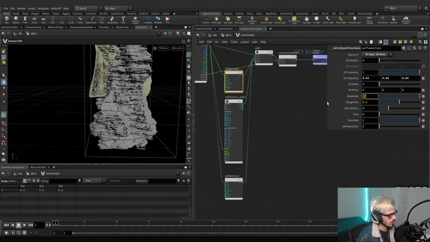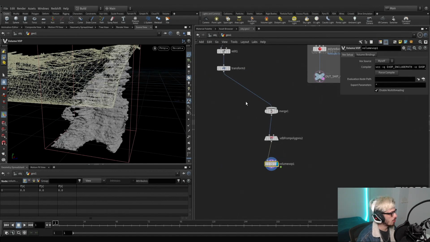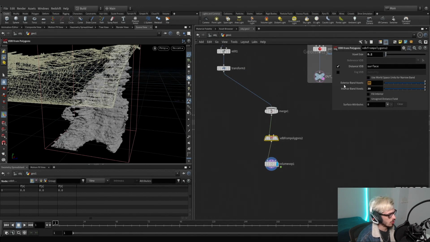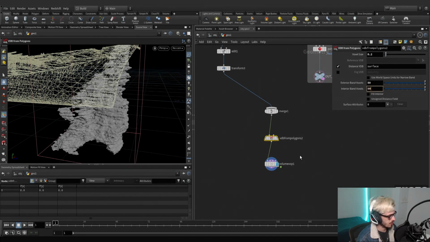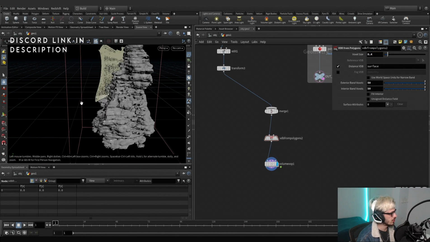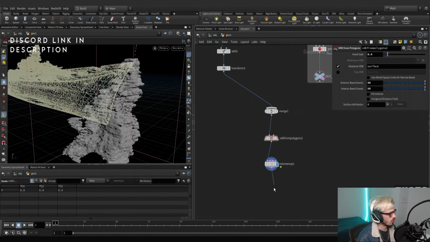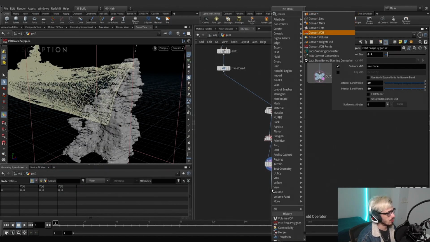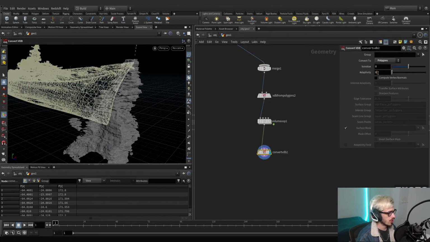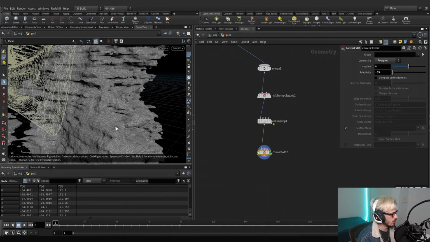Perhaps we can lower this to 0.15 or something like that. 25 was okay. And we can hop off and move this to maybe 50 by 50. So we can fix these holes. Maybe this should go to 0.4 instead, so it's faster. There we go. Now if we convert BDB to polygons and this set to 0.05, we will have this mesh